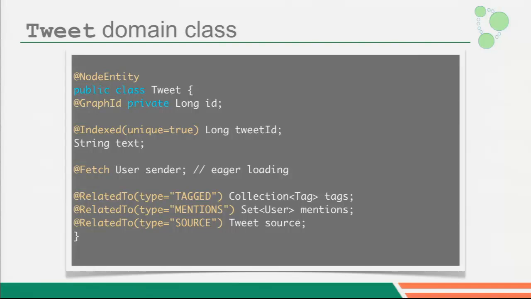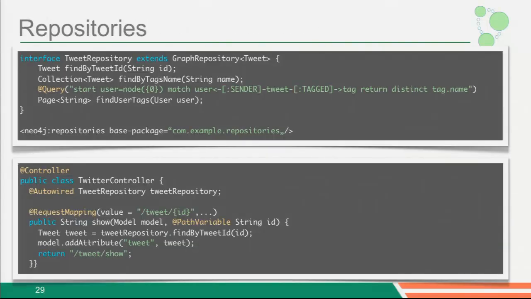So if I look at the tweet class, we have a tweet ID here, we have tags here, and the tag, as we know, has a name. So if I look at these finder methods, this one will just look for the tweet ID property of the tweet, and this one will see that there's a tags field in the tweet which represents a relationship in the graph. And these tags have names. So actually it first validates that these finder method names can be parsed and matched to a property path. And when that check is successful, it actually generates Cypher queries for those.